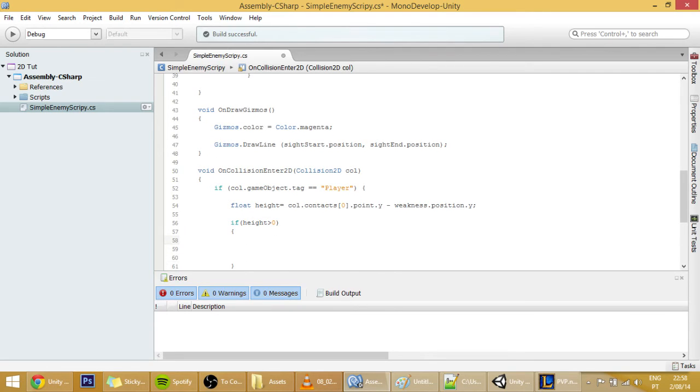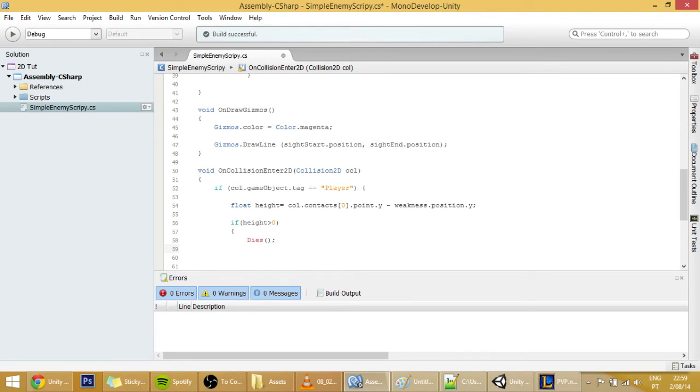So I'm going to create here a function called the Die function to call it. We'll create it later on. Now another thing that we want to do if the enemy gets hit in the head is to make the player give a little jump, just like Mario has.